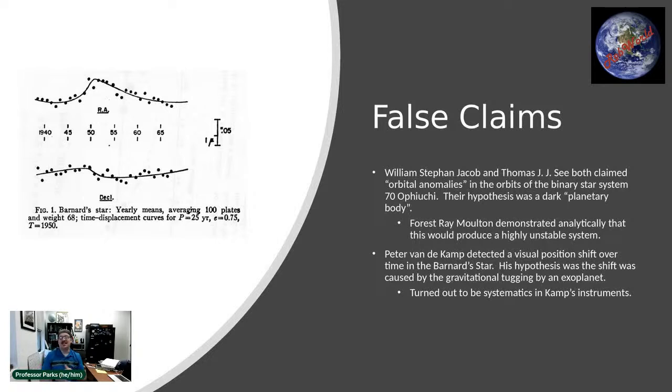The lesson here is that Thomas C. didn't take that very well. William Jacob said, oh, okay, well, that sucks. I was really hoping we'd find a planet. And then he moved on and had a fairly successful career. C, on the other hand, said, nope, I'm rejecting that. I am saying no to your argument, or no to your work. And I'm going to continue to say that there is a planet there.